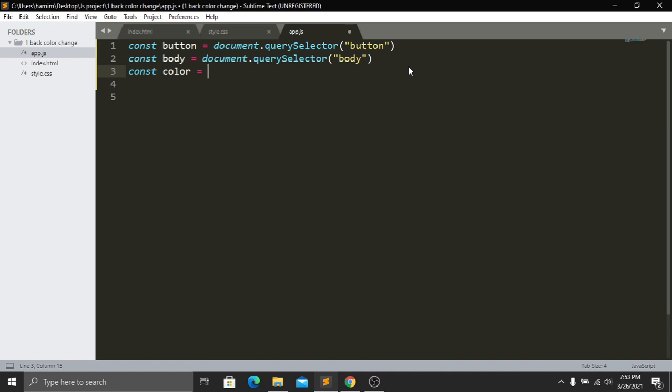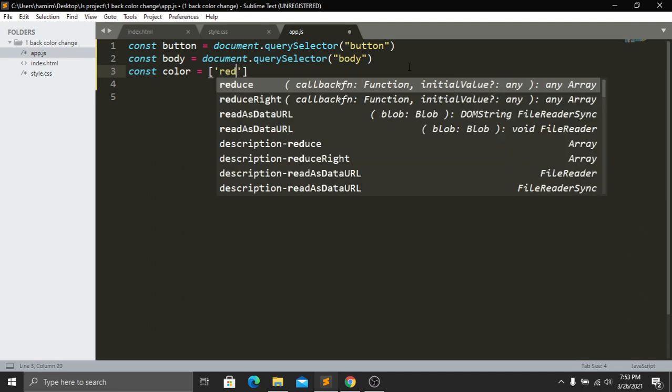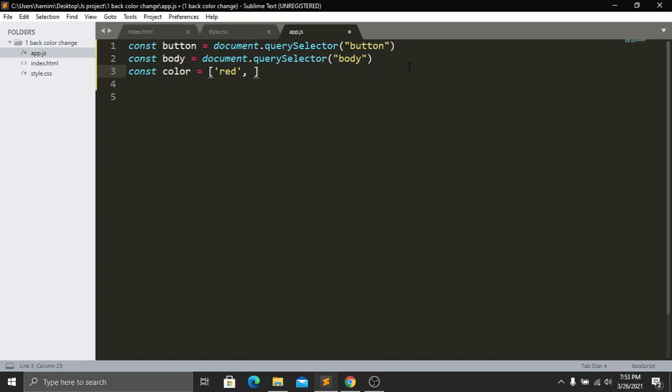Now I will create an array here, and inside this array I will put my colors. So this will be array. Then we have to add some colors here. So for adding color, we have to write the name of this color like red. That's it. And then if we want more colors, we can do that also. And also, if you don't want to write the color name, if you want to write the hex values of the color, you can do that also. Suppose I want to add a value which is actually white, so you can just do this like this. You can add hex value also, but I will write the color's name, and our second color will be green,